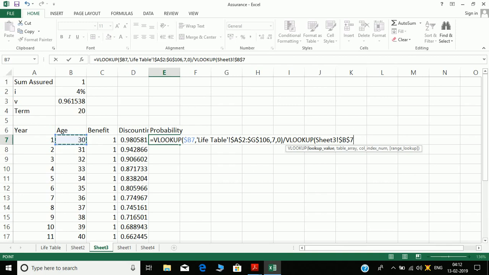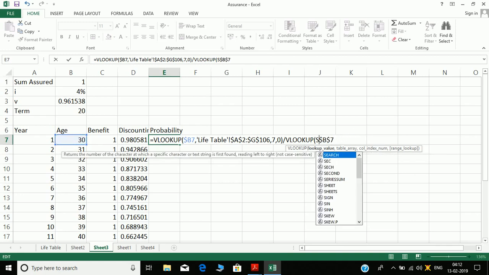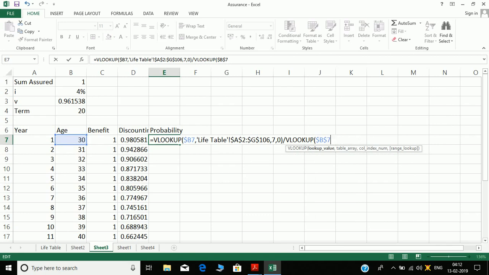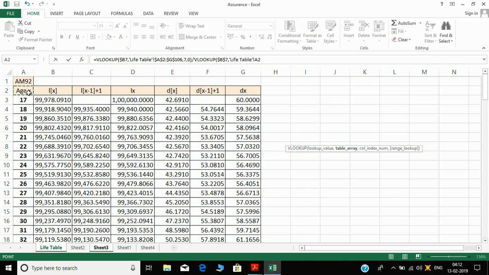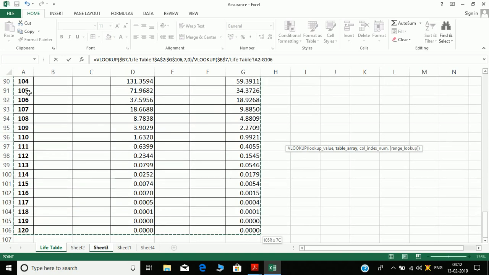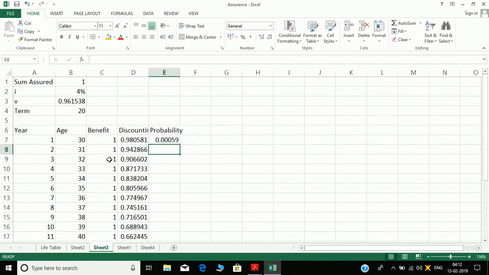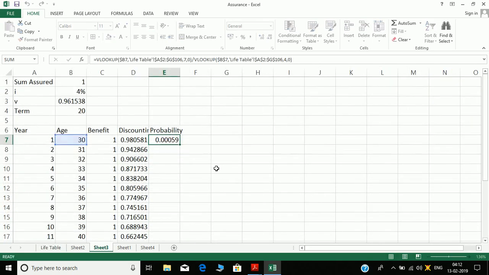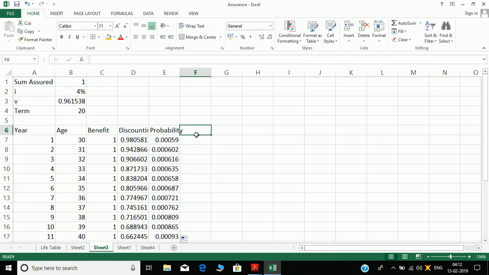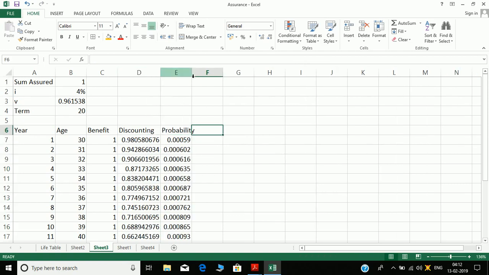We'll fix this age 30 because lx is constant, and then again in the life table, press F4. Our lx is the 4th column, comma 0. So I get my probability, and then I pull it down. So this is the probability for each year, the discounting and probability.